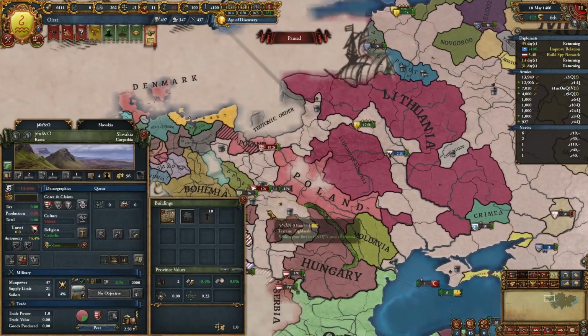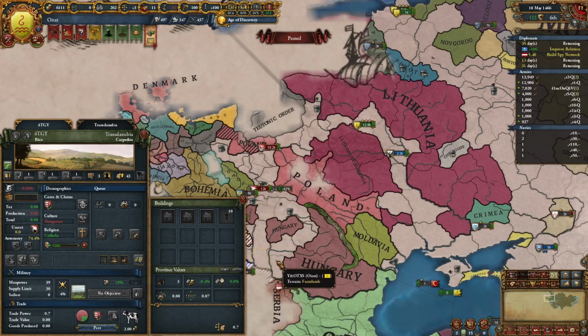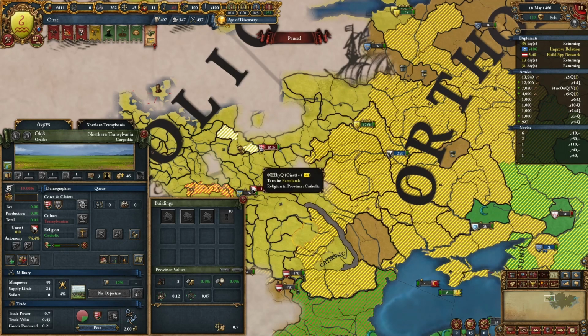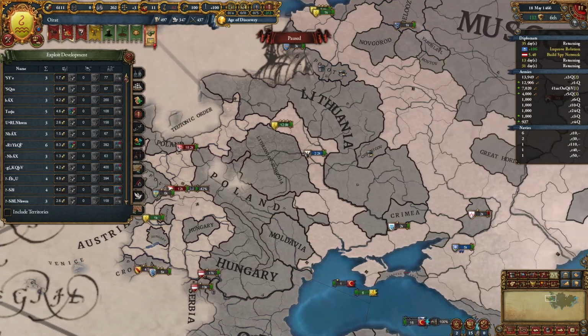Second, don't raise the newly conquered Catholic provinces until the religion conversion. You can start to call that first, but don't raise that later. The third one,